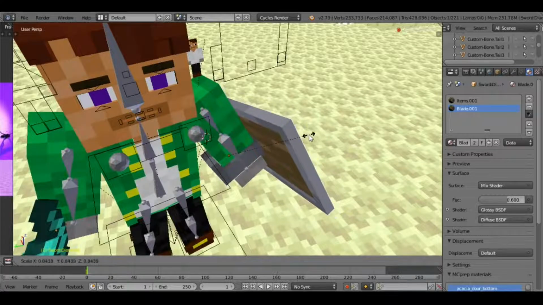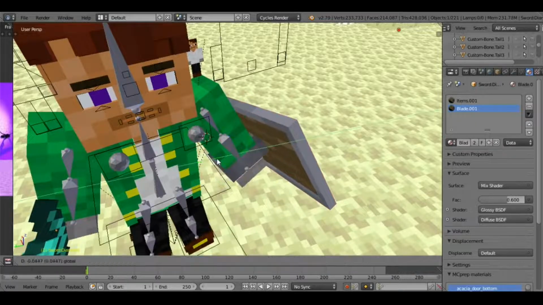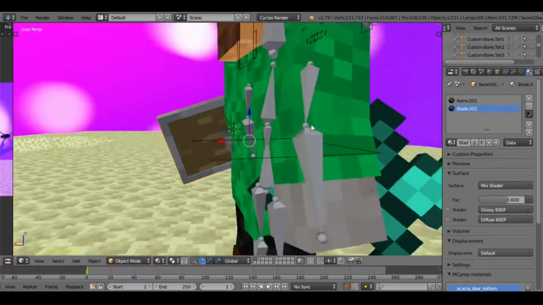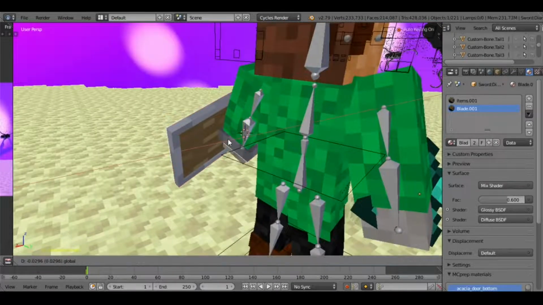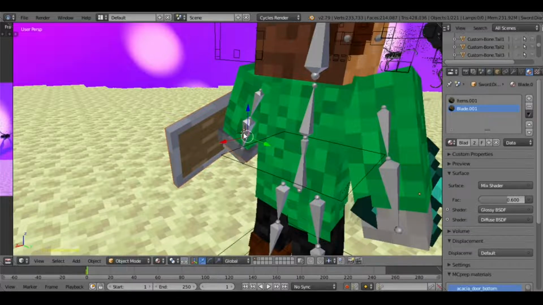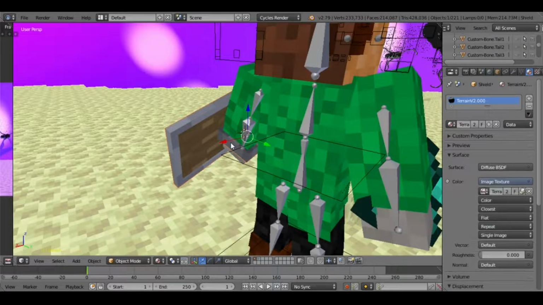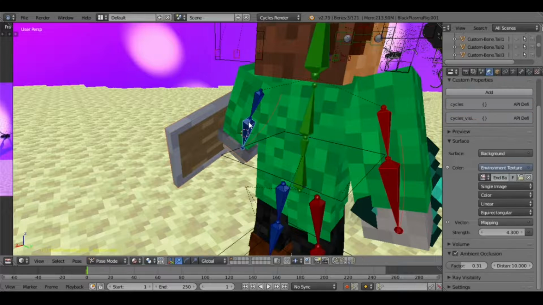So I gave him a sword and a shield, and he's probably dead because if you've actually played Minecraft Story Mode, that thing will kill everything in its wake. But oh well, that's all up to headcanon, you know. Maybe he has /kill. But anyway, that seems like it's his problem.